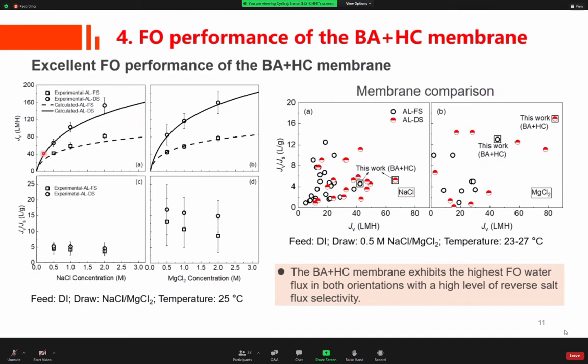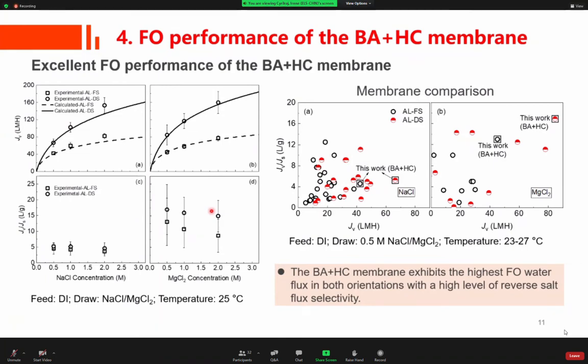The water flux in ARDS is higher than that in ARFS due to the less severe concentration polarization in ARDS. In addition, the magnesium chloride draw solution corresponds to a significantly higher reverse salt flux selectivity. This is consistent with a higher water-salt permselectivity for magnesium chloride and indicates less leakage of magnesium chloride than